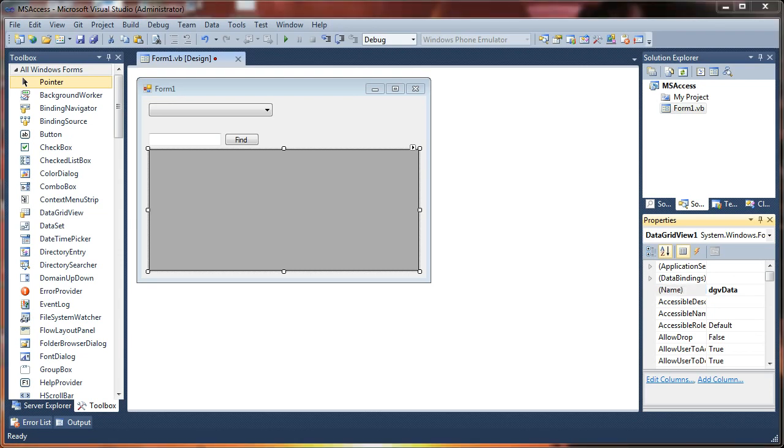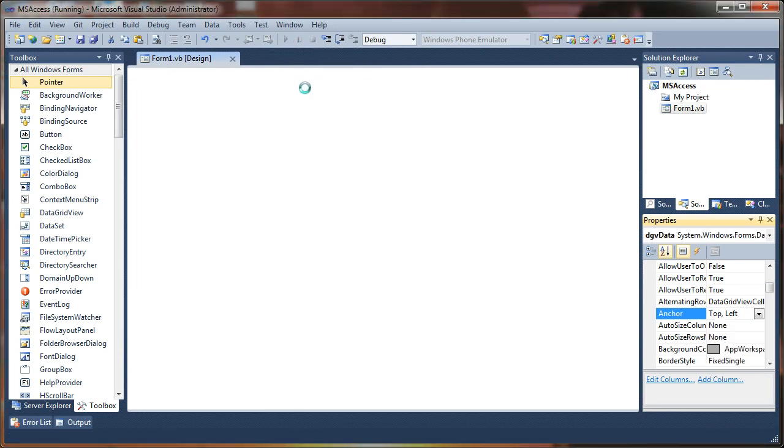Another property I want to set on here, I'd like to be able to expand this with the form. So if you find the anchor property, you can change the layout here. It's right there. Drop that down and just tick these little boxes right here, and what that'll do is it will anchor it to the form boundaries. So if we were to run this,